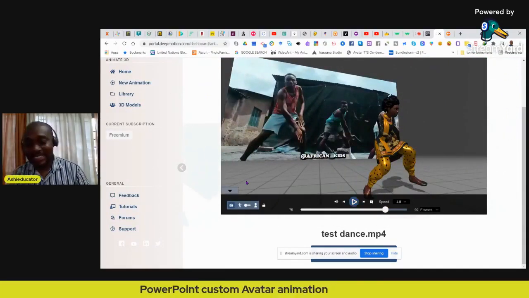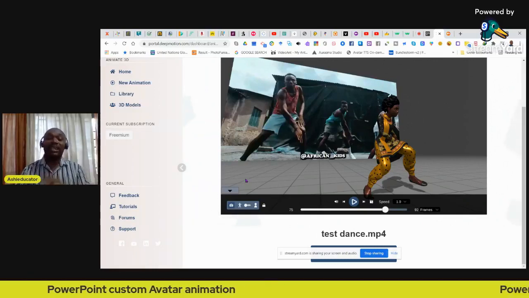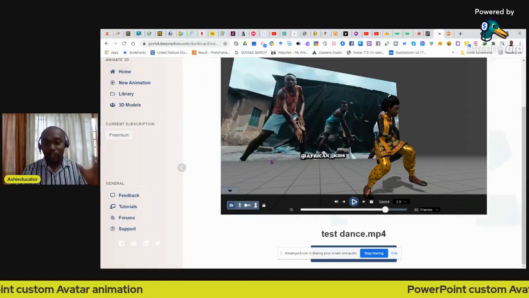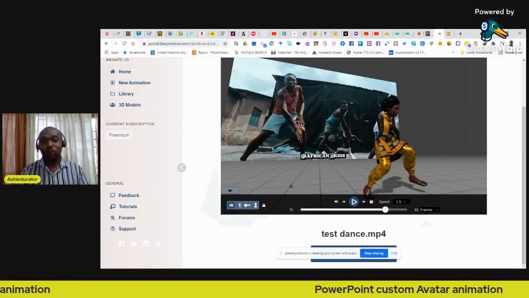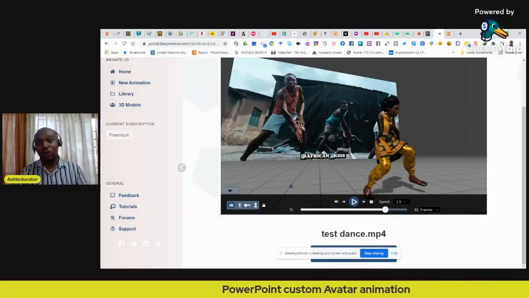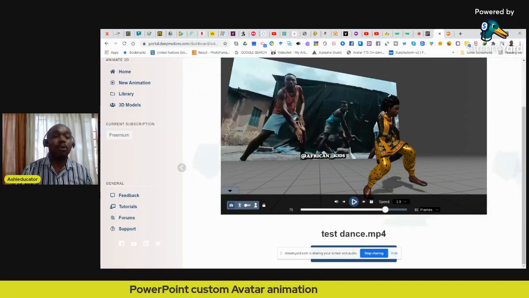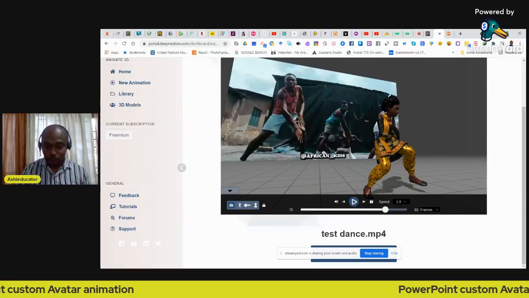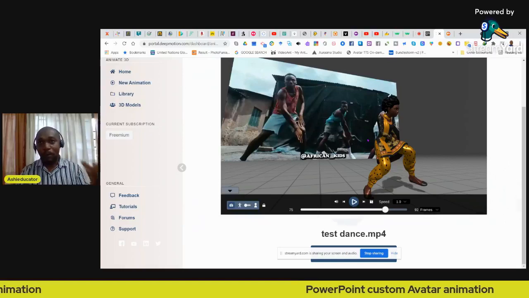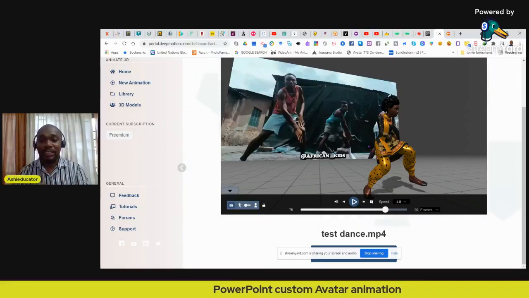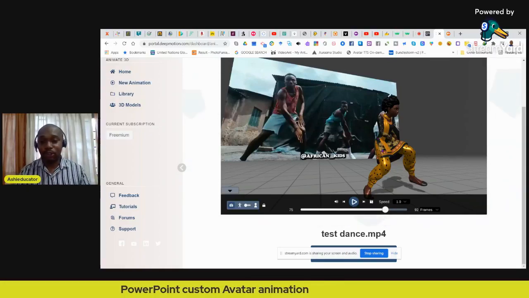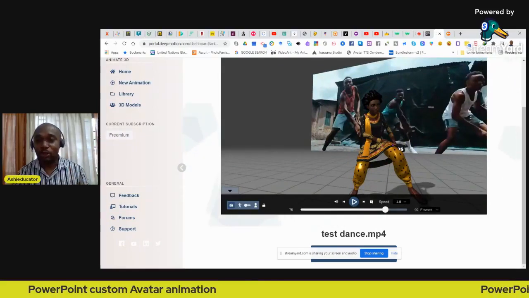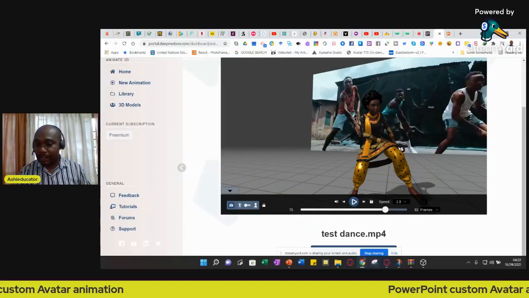Okay, so that's for personalizing your animation for your avatar. You record the dance move or the motion with your video camera, you bring it to DeepMotion, add it to your avatar, and you are good to go. It takes the form or the motion of your video, right? The motion of your video is added to your avatar. So quickly,